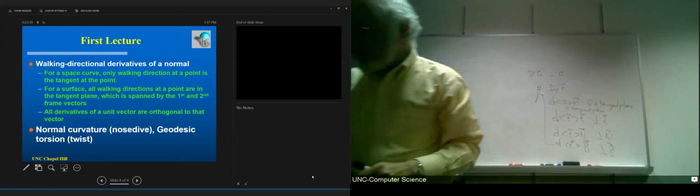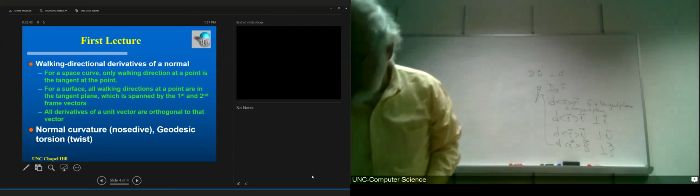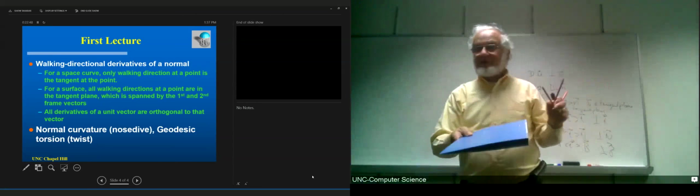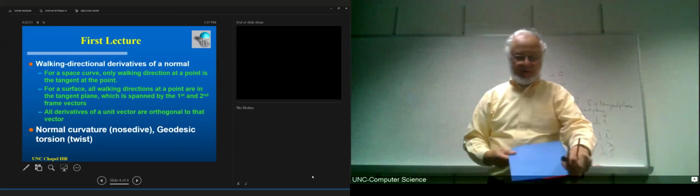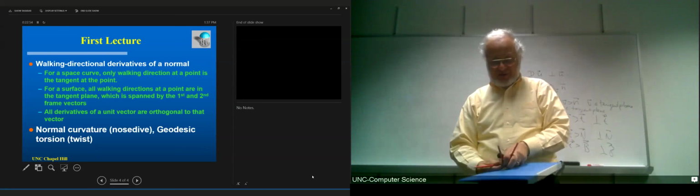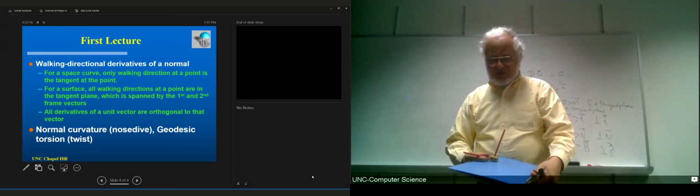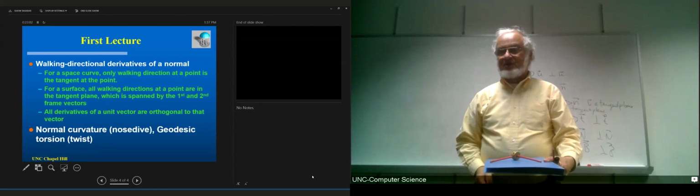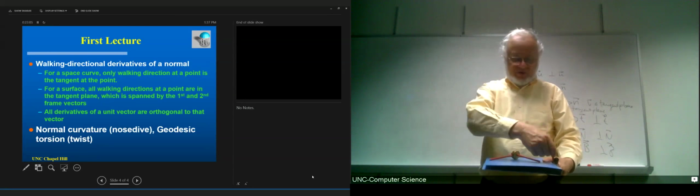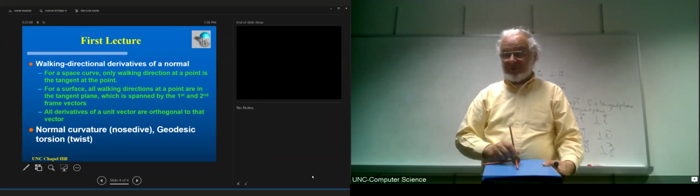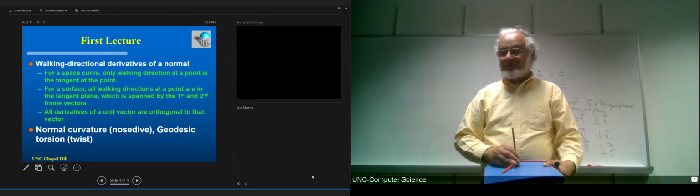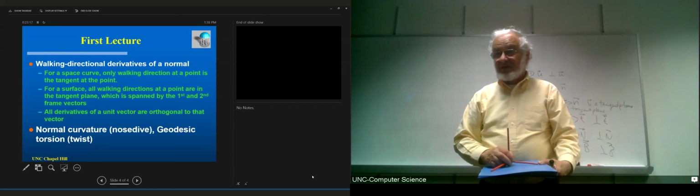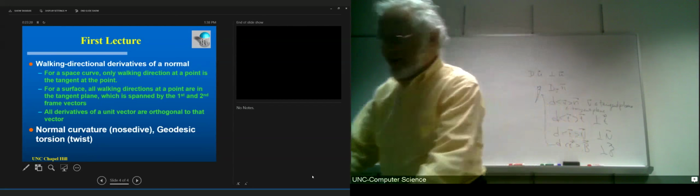Well, let's get ourselves a tangent plane to a surface. Okay, so here is one. It's supposed to be flat. And I have two vectors, and I'm going to let one of them be the walking direction, and the other one be orthogonal to it. So now my fitted frame is going to have the normal to the surface as one of its vectors, the walking direction as another one, and the orthogonal to the walking direction as the third one. Okay? So we're going to have